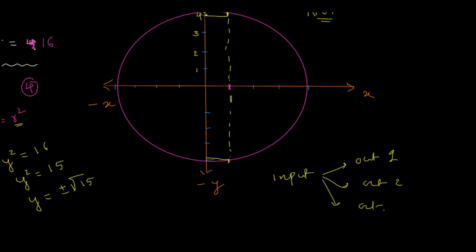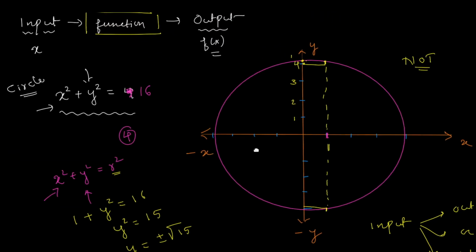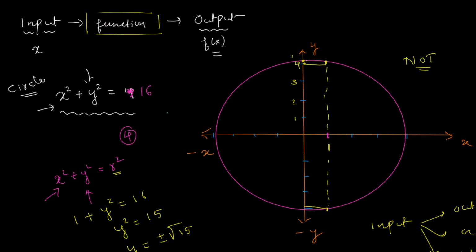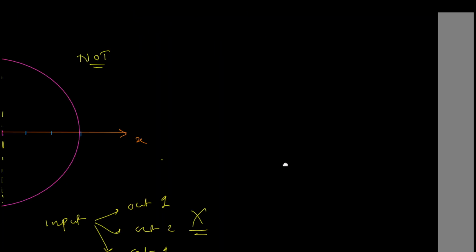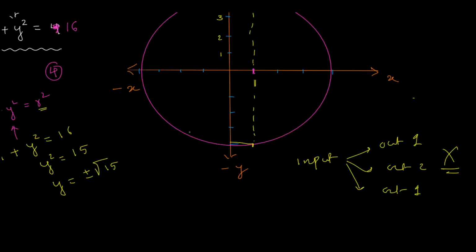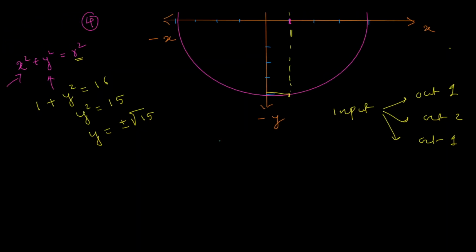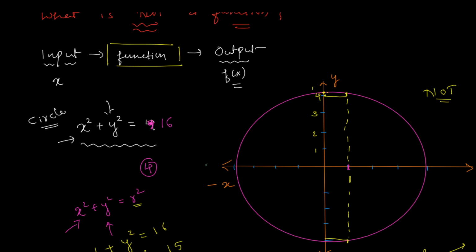If the output is more than 1 for a given input, then such equations are not mathematical functions. So don't let them mislead you. Anyway, that's the definition of mathematical functions. A function is basically anything that depends on one independent variable and gives you a single value for a given independent variable. So yeah,